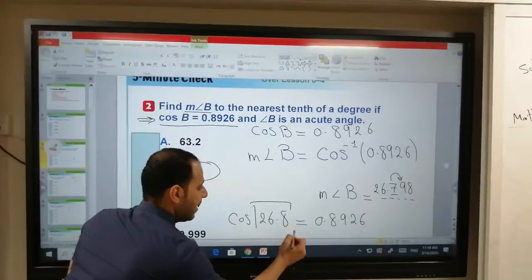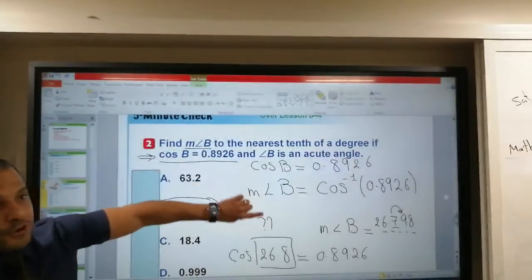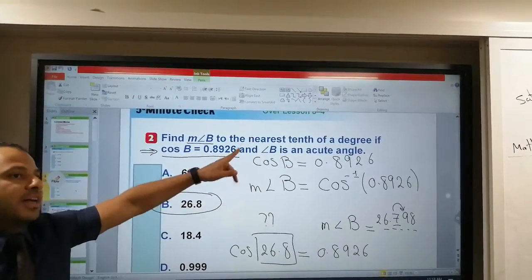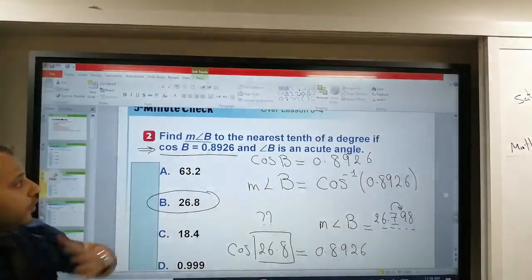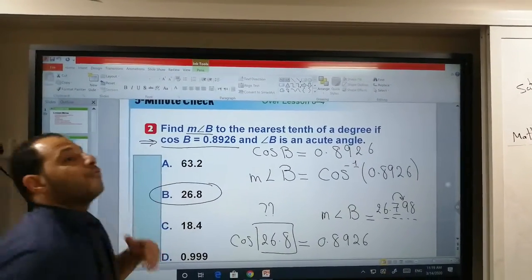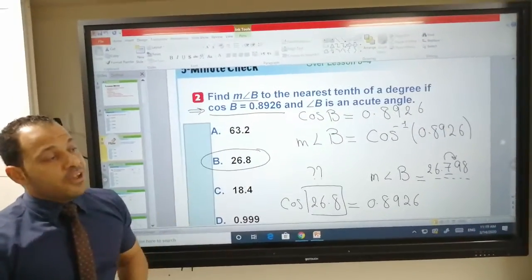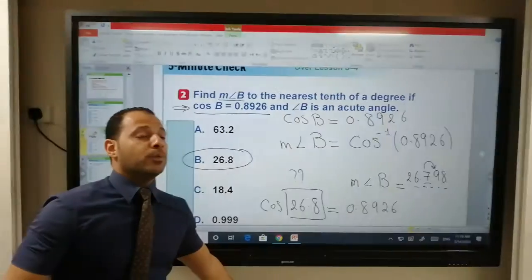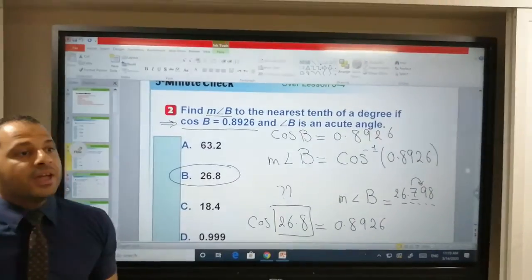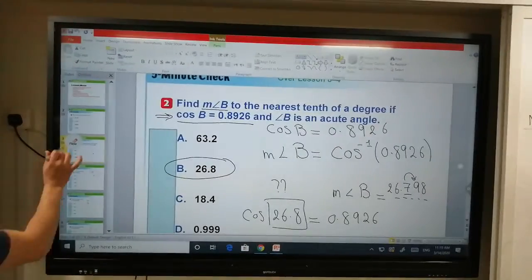This angle is missing at the beginning of the problem, and we get it again by shift cosine. So if I need to find the angle, use shift or inverse: inverse cosine, inverse sine, inverse tan. According to the problem, you will use the trig ratio that is given to you. Okay, let's go to the third